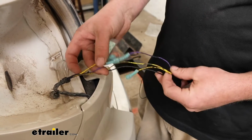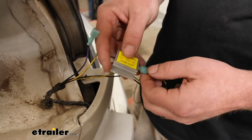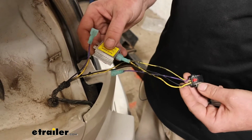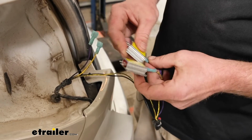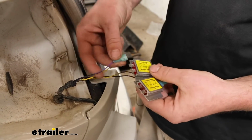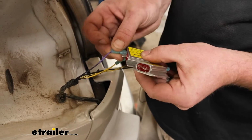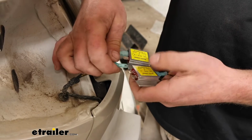With all the ends connected here, we can now take our diodes. You're going to plug these in. You want the single terminal labeled out to face towards the connector plug that'll plug into our taillight. The same deal there, and then we'll just go color for color. Then once these are hooked up, we can